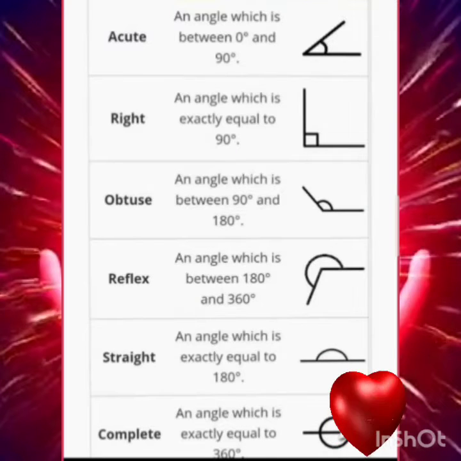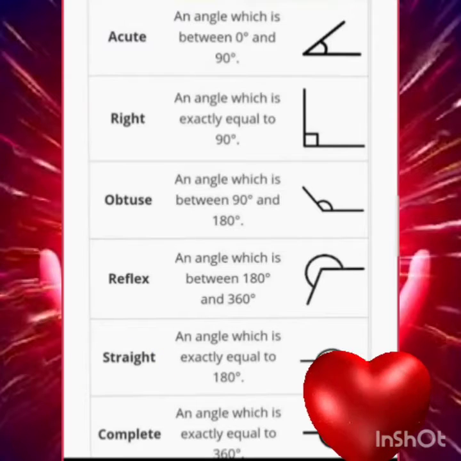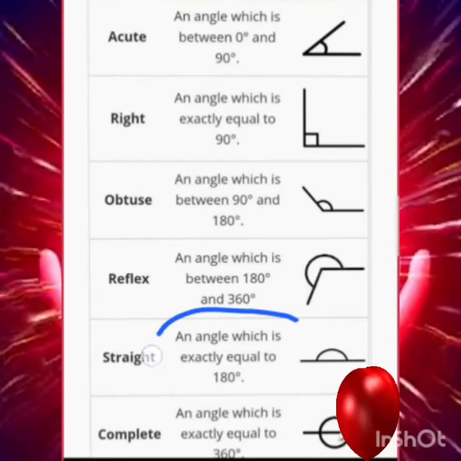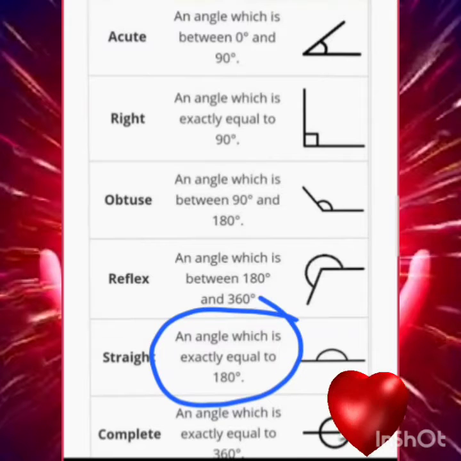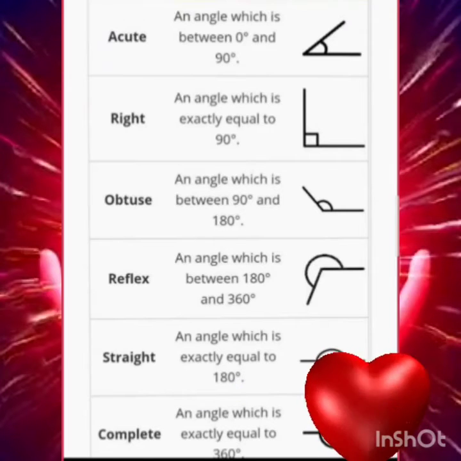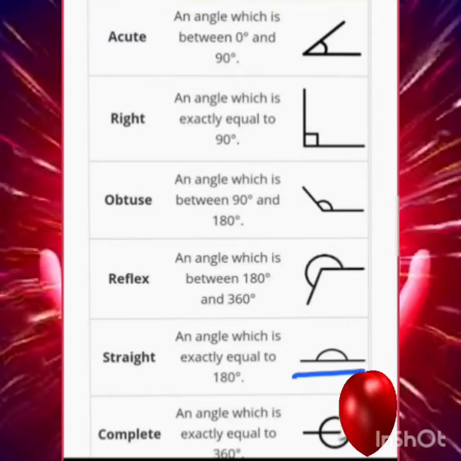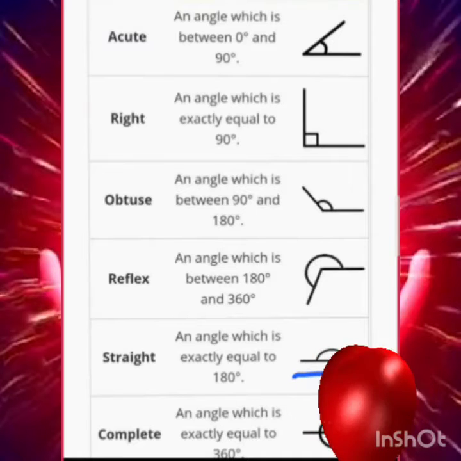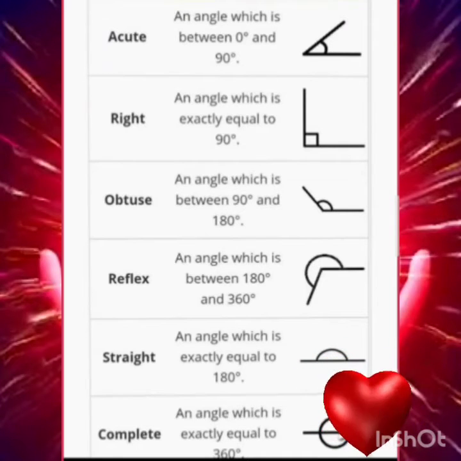Got it? Now next is straight angle. Let's work out what is straight angle. An angle which is exactly equal to 180 degree. My dear students, when you find an angle exactly 180 degree, it looks just like a straight line. But here one point, at the midpoint, O or P or something should be there. This is a straight line. When you use your protractor, you can see the straight line along the half semicircle is indicating 180 degree.